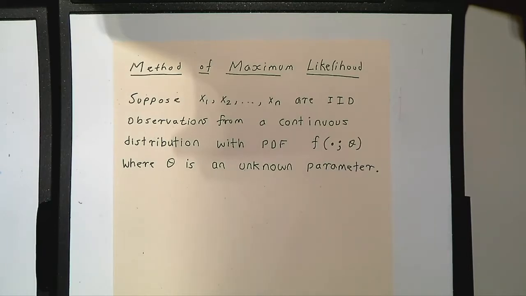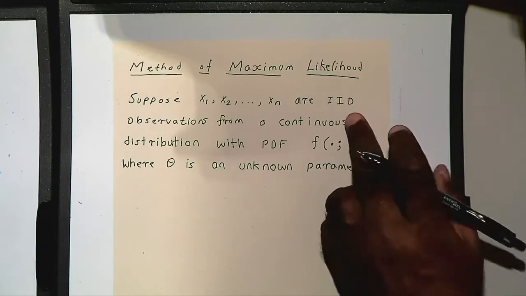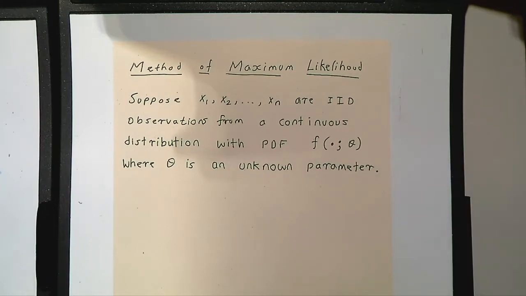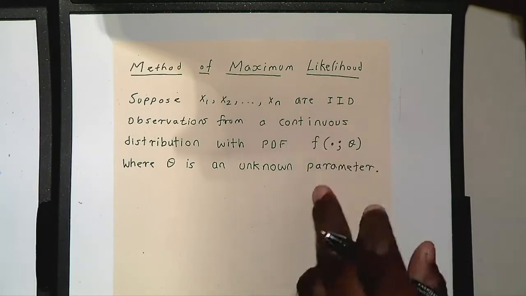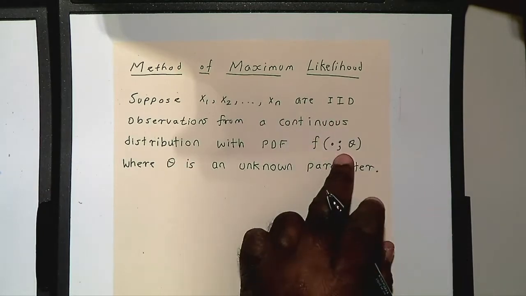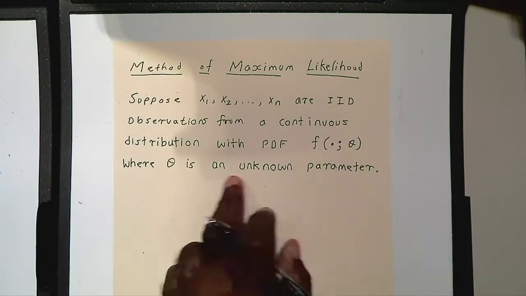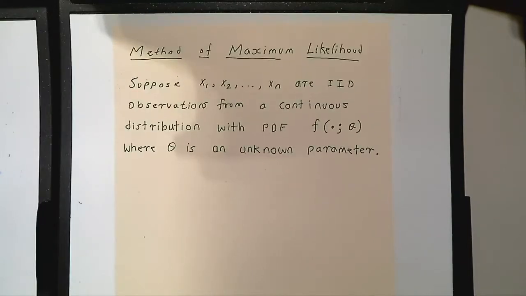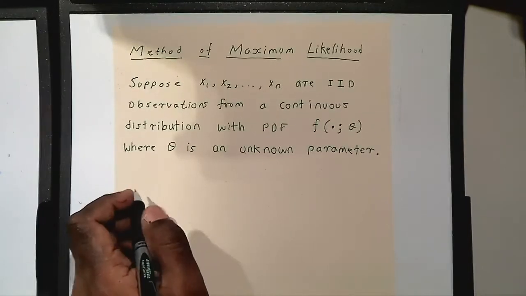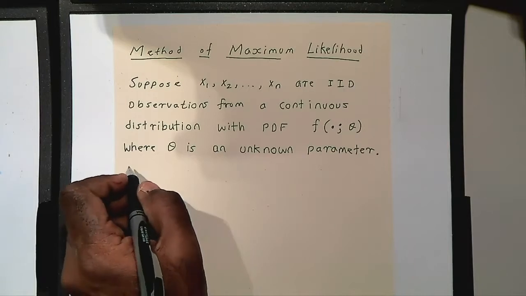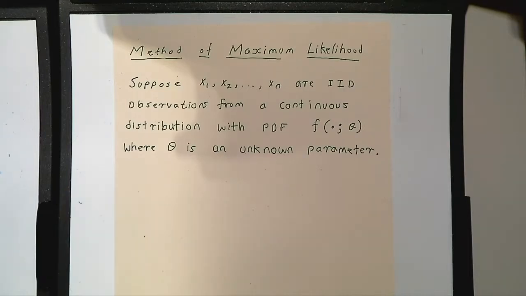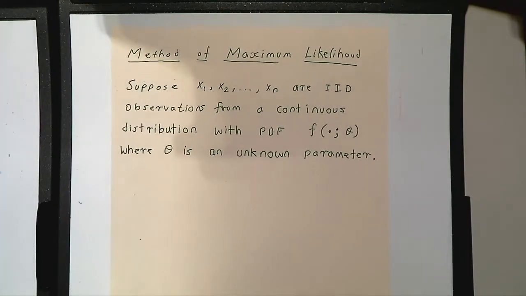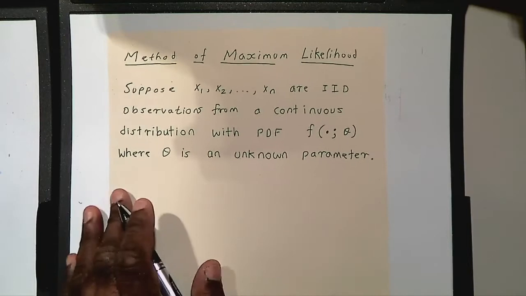Suppose you have a random sample. Remember, the words random sample and IID are the same. I will use them interchangeably. Suppose you have data from a continuous distribution with this PDF, where theta is an unknown parameter, and we want to estimate theta. The ML estimator for